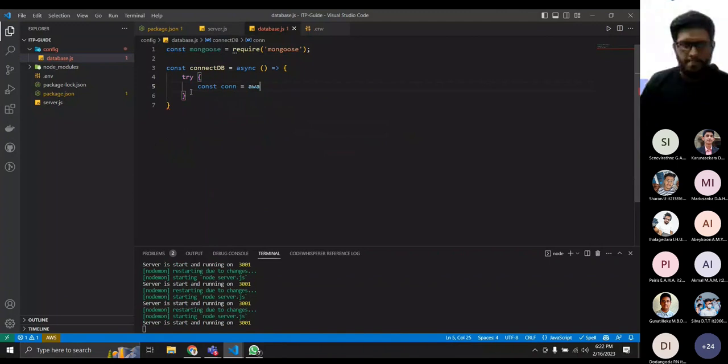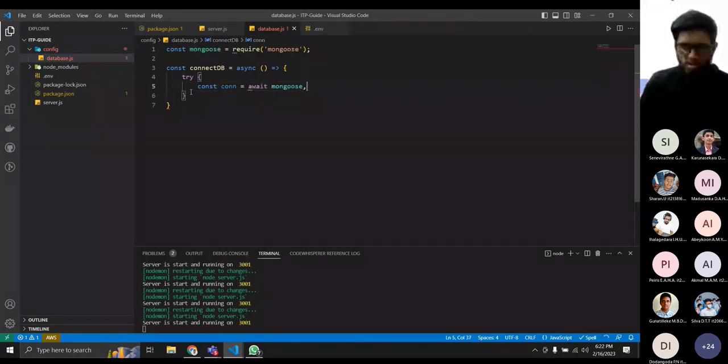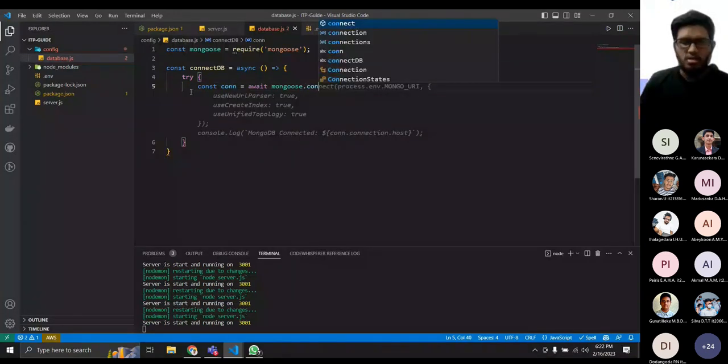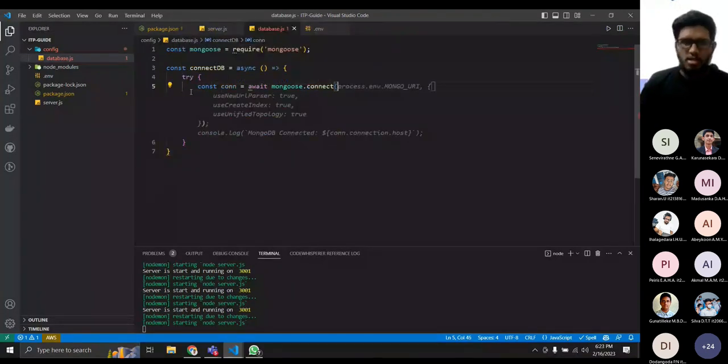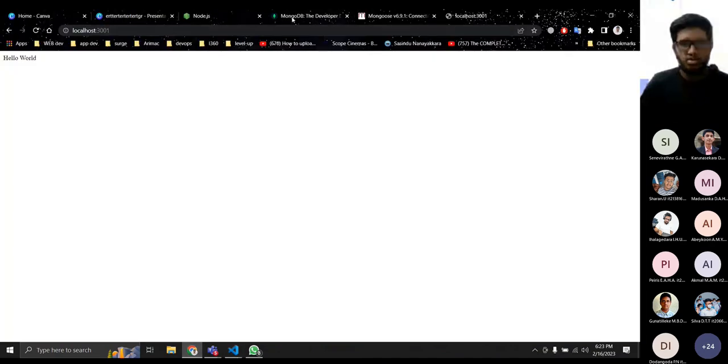We can implement our database connection like this. Await mongoose.connect. Now we have to add our database URL in here. First of all, I'm going to show you how to connect and create a MongoDB database. First of all, we need to go to this website,